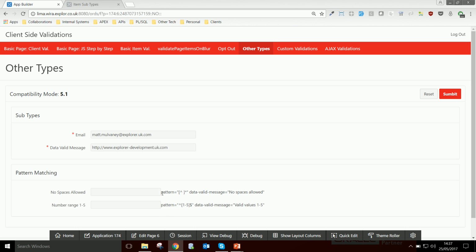So on my custom attributes in the advanced section of my item, I've got pattern, then I provide a regular expression and a data valid message, no spaces allowed. So if I type in some words like that, no spaces allowed. If I get rid of the spaces and move off the item, that item is going to be now valid. We've got a number range as well, so here I've got valid values for the numbers from 1 to 5. If I push in 7 or 2, you can see it's validating that range. Okay,